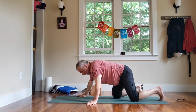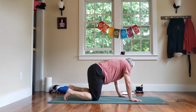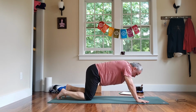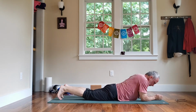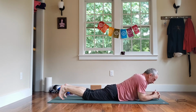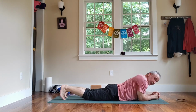Now, I'm going to go back to the other side, give you a little better view. So from here, I'm going to come forward, come onto our forearms. We're going to do a forearm plank pose. So walk your elbows in, interlace your hands, curl your toes under,